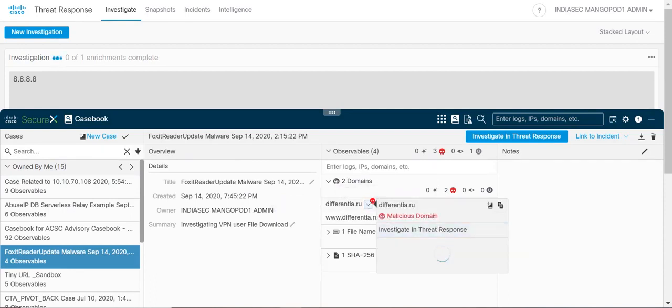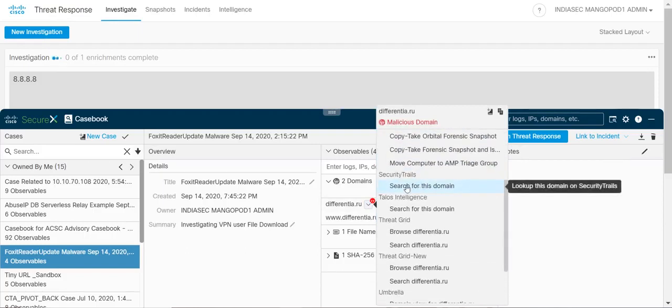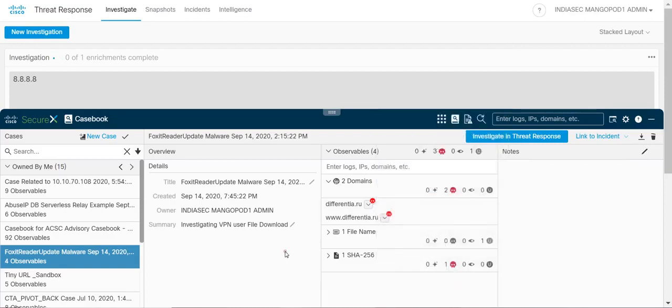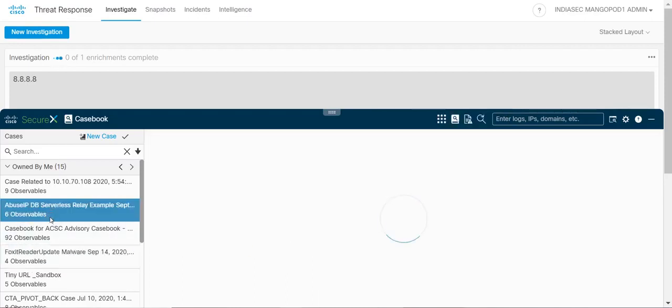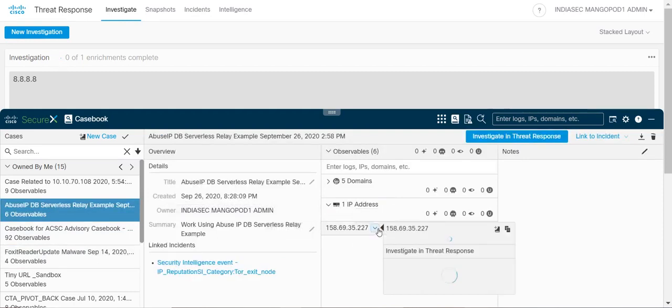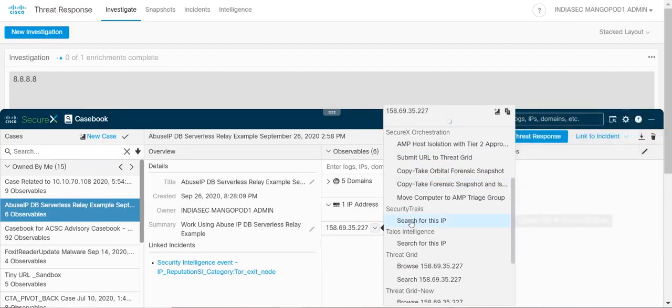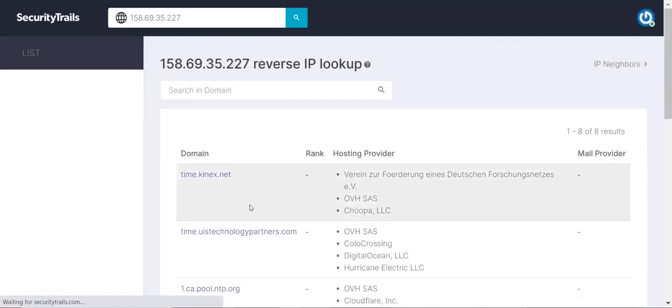check the menu as well over here, the SecureX menu, and that should also show you a security trail. You can search this domain. Let me see some other example where I have different sets. Okay, we have an IP over here, so you should be able to click and see that the security trail option launches, right? So search for this IP and you should be able to do a cross launch as well,